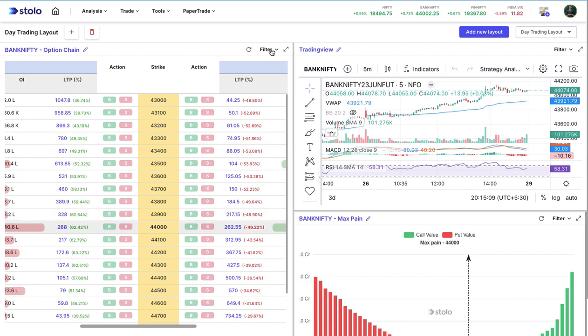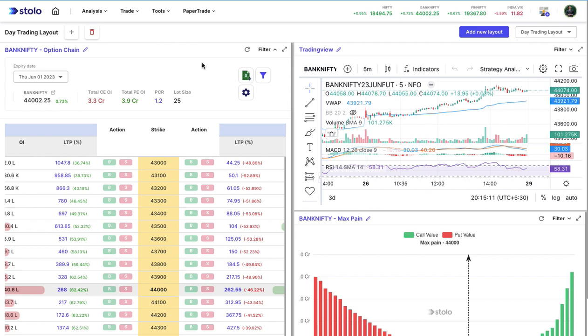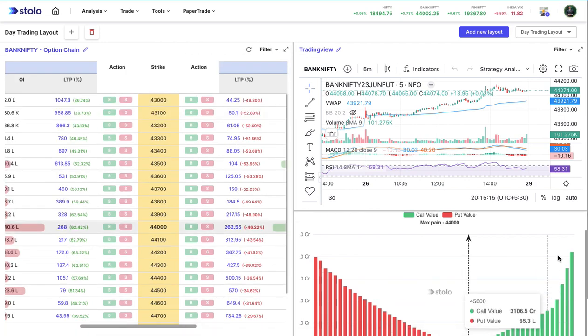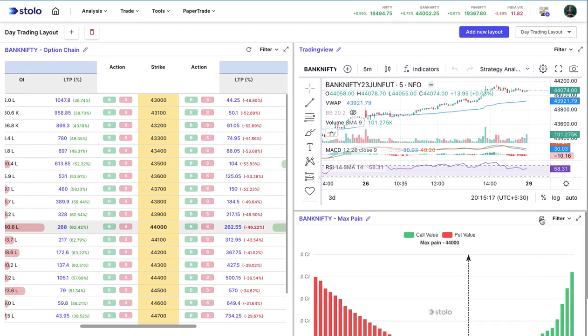And also, for example, in option chain, any data you would like to filter, you can just click on filter. Same way for max pain, and you have your refresh icons here, right? So it would automatically refresh every minute, but in case you want to specifically refresh it, you can refresh it here, right? So you can also change this to Nifty and change everything accordingly as well, right? So yes, this is our complete